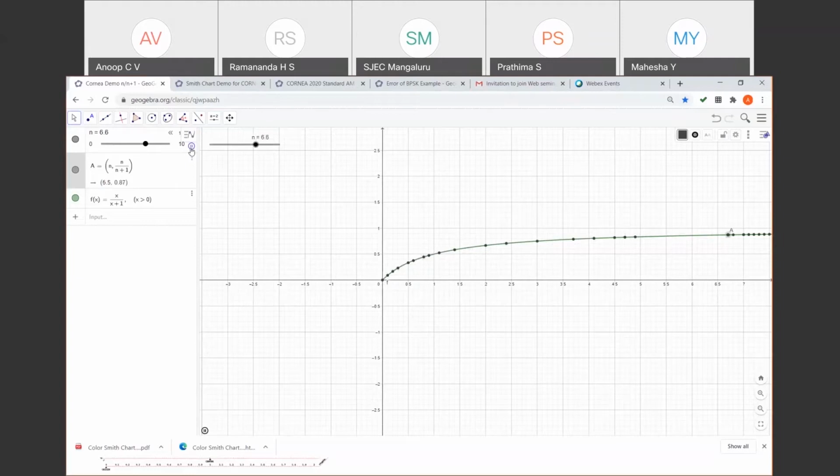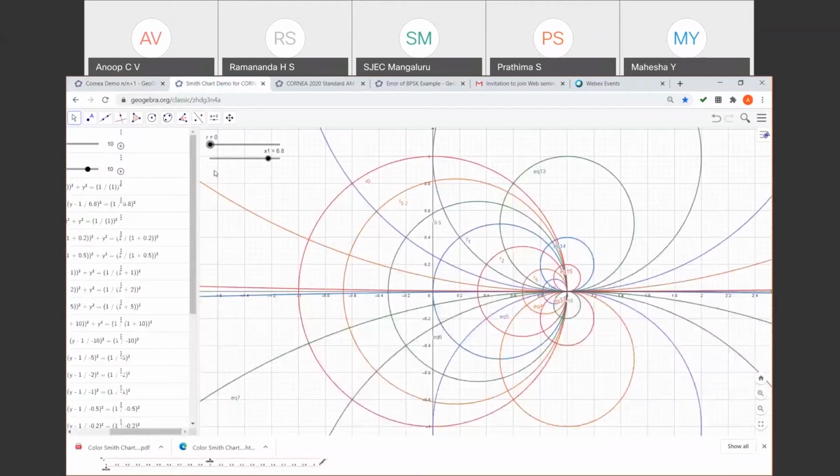So this is how we can use GeoGebra. Be it a very simple concept, but to visualize this is going to be very difficult. So we can use GeoGebra there. You have this show trace option, so it will trace the movement of that point. Locus of the point will be traced. So that's about that poll question, right?